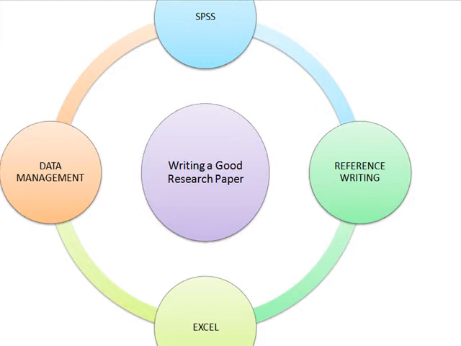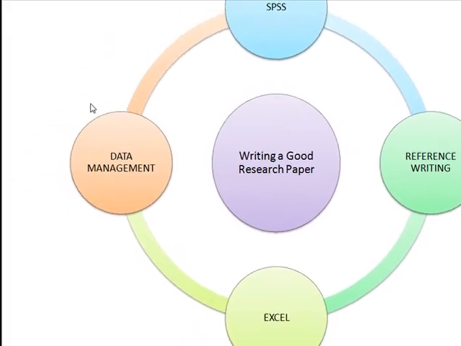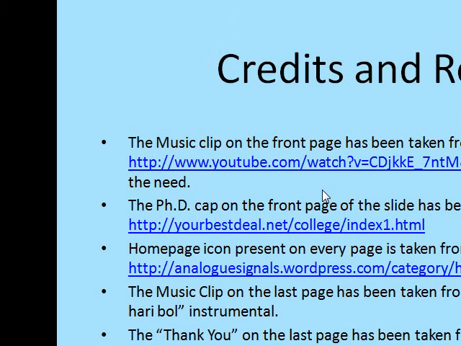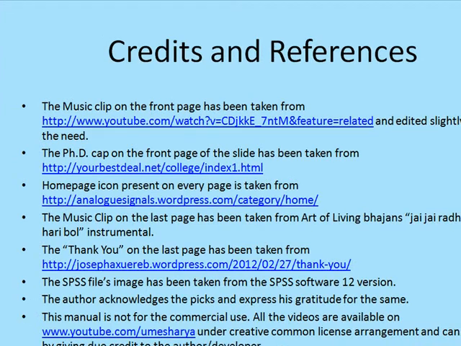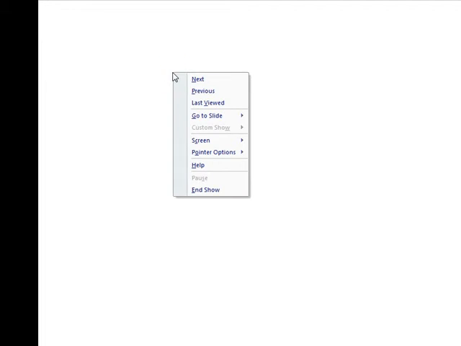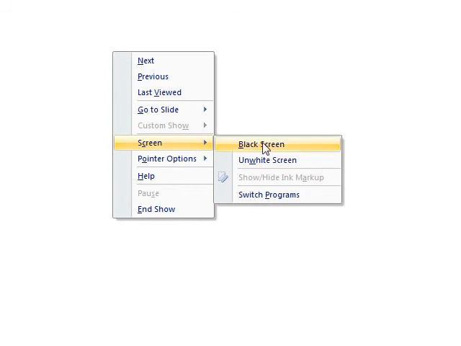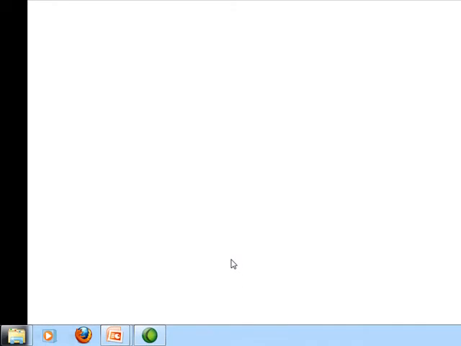What you do is you start the presentation. Suppose you are in the middle of any one of your presentations, and you are carrying on with a good show. Suddenly the need comes that you want to play a music file, so you don't have to end the show. Just click W again, it will become white, and click on the right side and go to the switch programs. Now your PowerPoint show is intact, plus you are given this tray. You can launch any one of the programs from here.